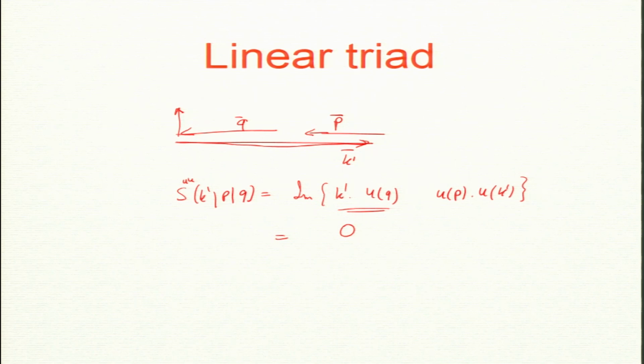So, this is a nice result. In fact, it is a meaningful result. This is another way to say that this formula is a good formula without delta, because if you do the fluid mechanics, you say that if the triad is along the same line, you should get 0. So, it comes from here.